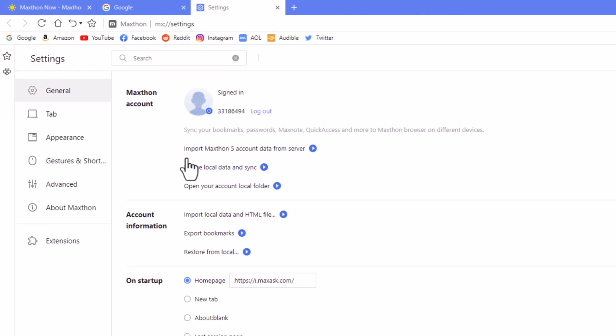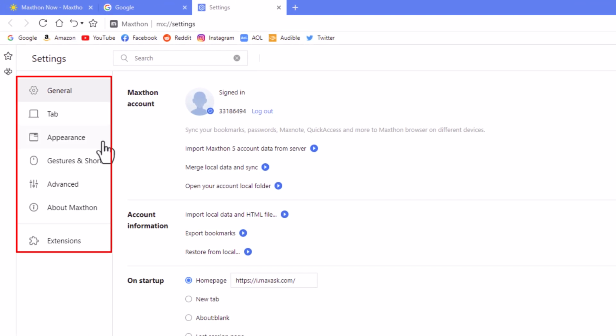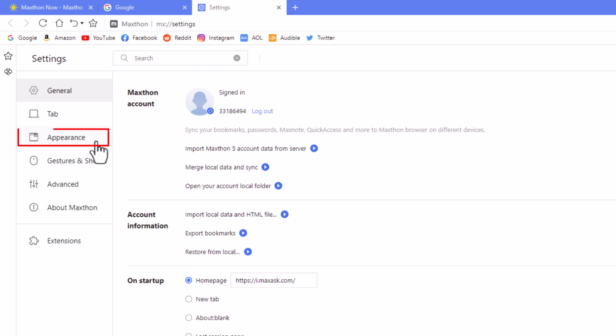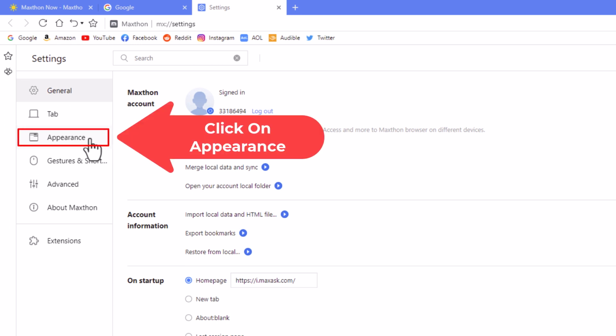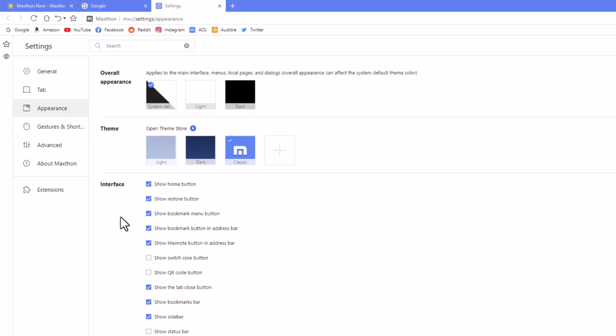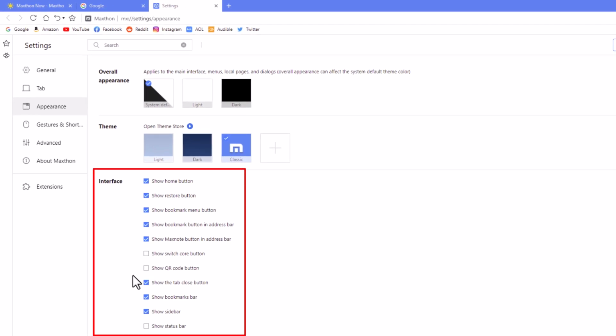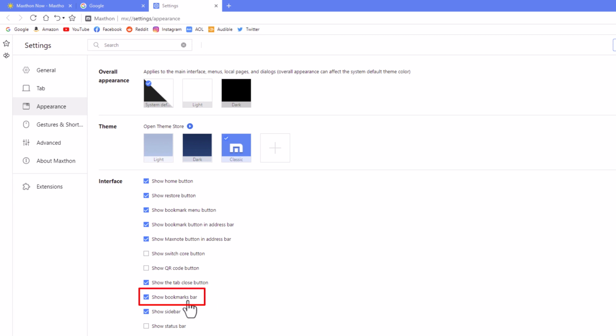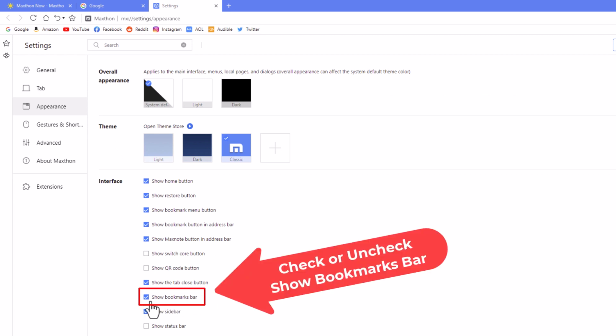Now in the pane, off to the left hand side here, you want to click on Appearance. And then right down here in the interface section, you can see right down here, Show Bookmarks Bar. By default it should be enabled. If you uncheck that,